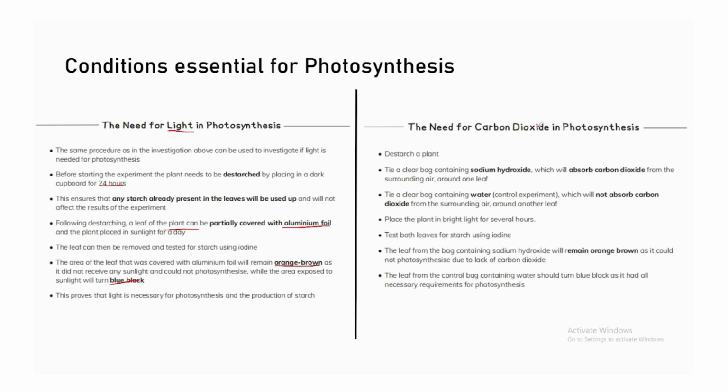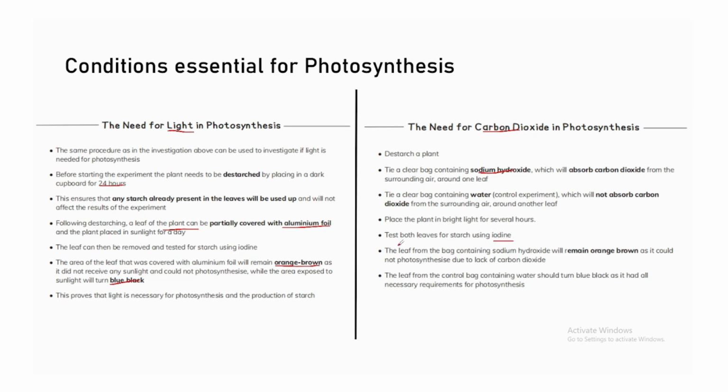The need of carbon dioxide in photosynthesis. Destarch a plant. Tie a clear bag containing sodium hydroxide, which will absorb all carbon dioxide from the surrounding air, around one leaf. Tie a clear bag containing water, the control experiment, which will not absorb carbon dioxide from the surrounding air, around another leaf. Place the plant in bright light for several hours. Test both leaves for starch using